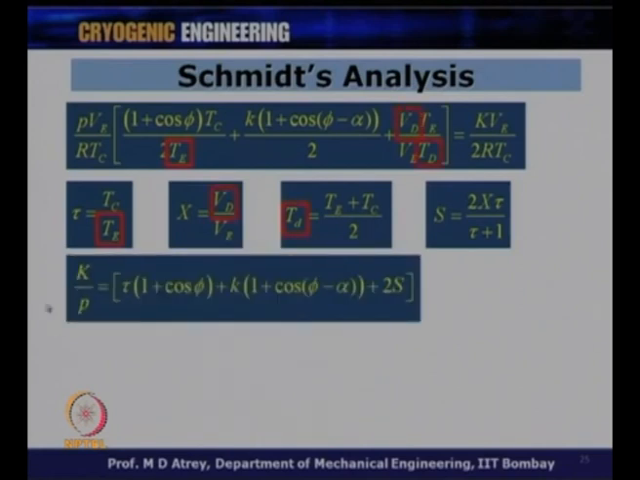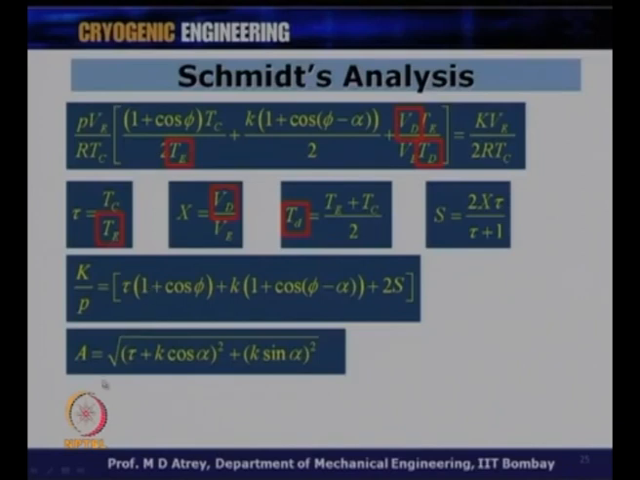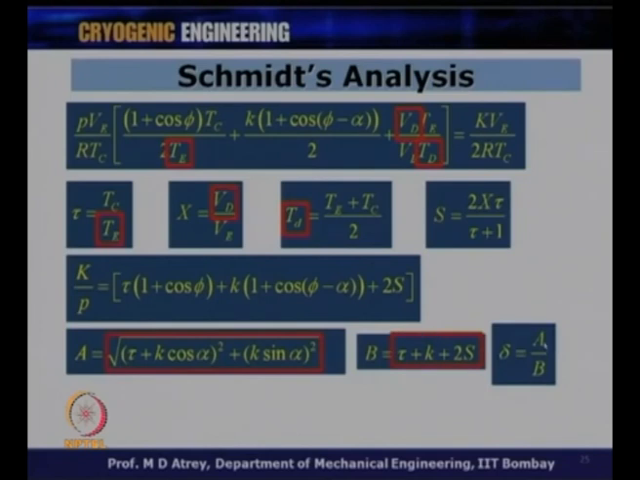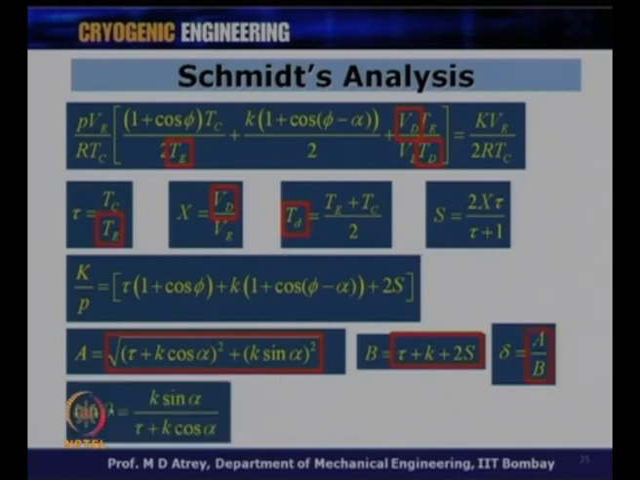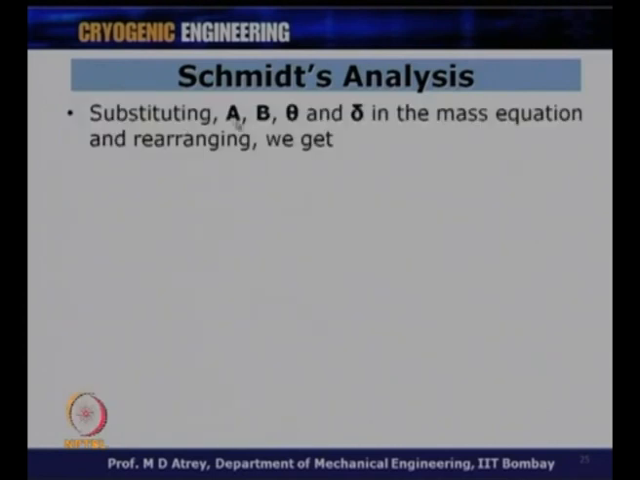The entire equation now gets reduced to this: K by P is equal to tau into 1 plus cos phi, plus K into 1 plus cos of phi minus alpha, plus 2S. It is very simplified now, and all the constants are defined over here. If I define further constants A, B, and delta as A by B, and put these values into the mass equation, I define one more angle, tan theta, which is K sin alpha upon tau plus K cos alpha, which is given in this A. Substituting A, B, theta and delta in the mass equation and rearranging algebraically,